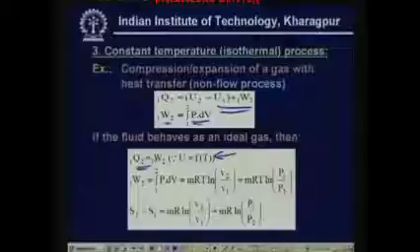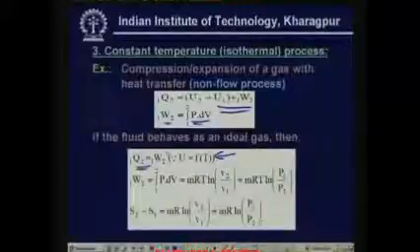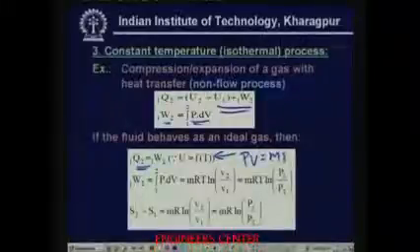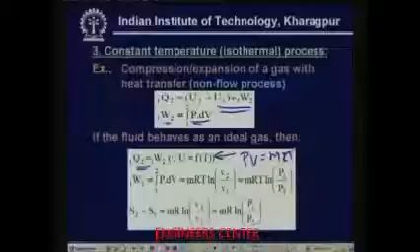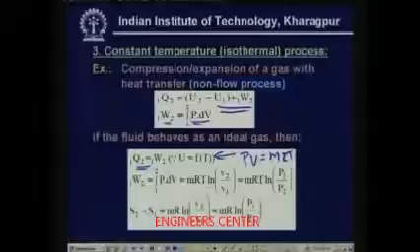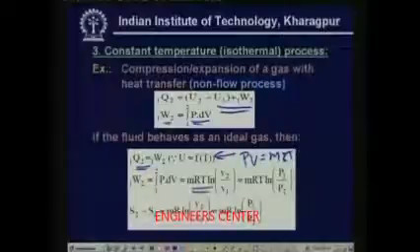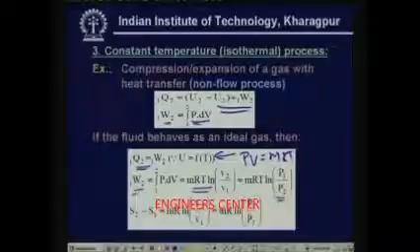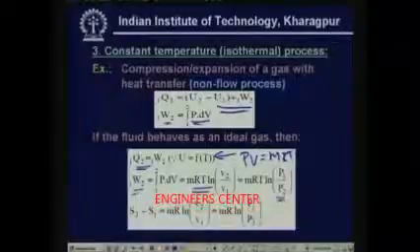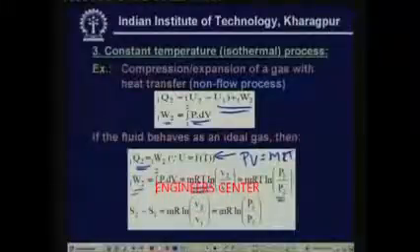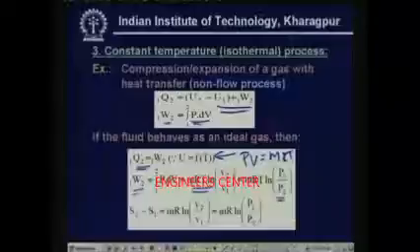And if you are assuming the gas to be ideal, you can replace P using this equation, PV is mRT. Replace P by mRT by V and perform the integration, so you get this equation, okay. And you can also write the work transfer in terms of the pressures. So these equations are for the work transfer and heat transfer of an ideal fluid undergoing an isothermal